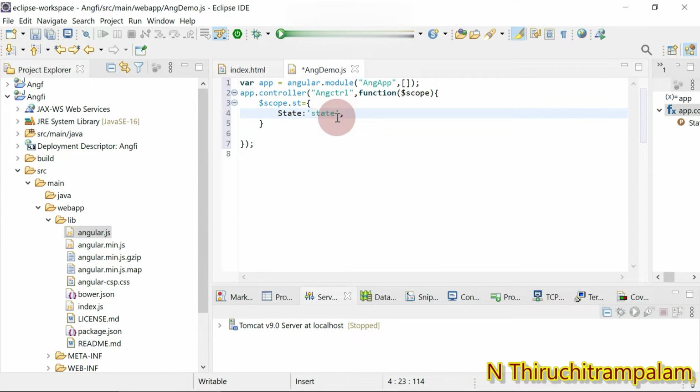Then comma, capital. I just give capital, that's it. So I have created the object. This scope object contains the st property. It is an object. It contains key value pairs, state and capital.